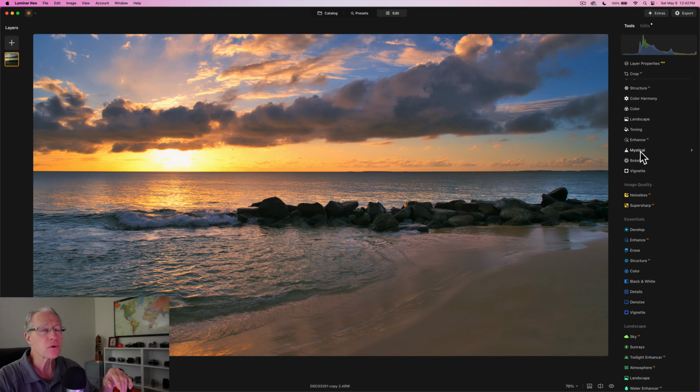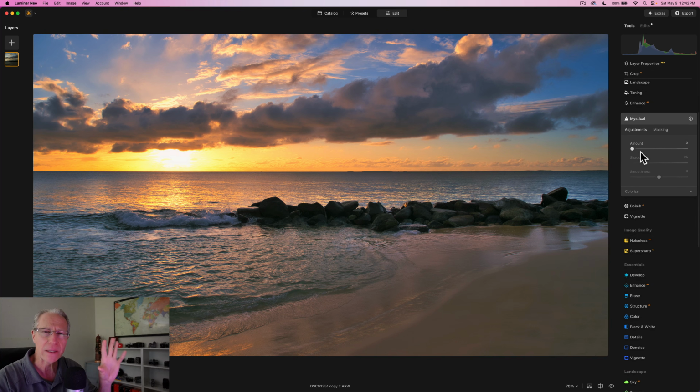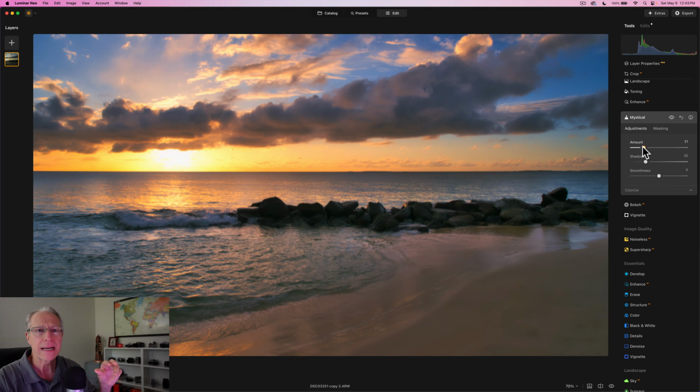Okay, couple more things to wrap this up. As I said, I'm going for some of that dreamy look. There's not really a better tool than Mystical, and I'm just going to slap that on there at about a 20 across the entire photo. And if you look at the before and the after,